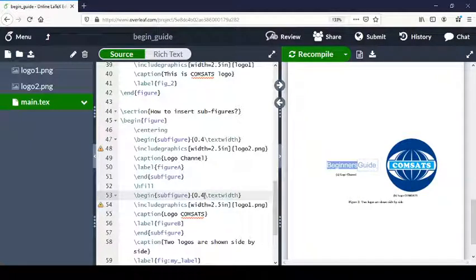However, if we do not wish that all the subfigures appear in the same row, and rather we wish that each subfigure is in a separate row, then we can have values such that the sum of those values is greater than 1, and we do not need the \hfill command here. We can simply replace it by a blank or empty line. So if I remove this \hfill command and run this again,